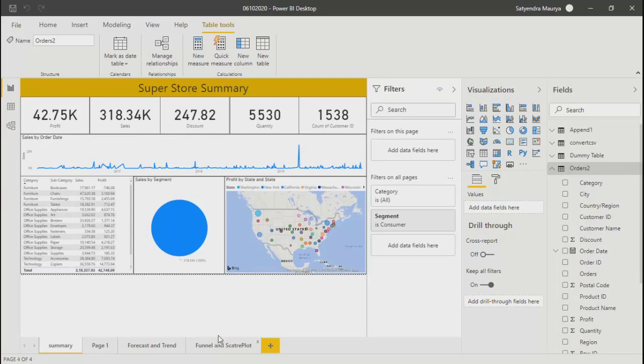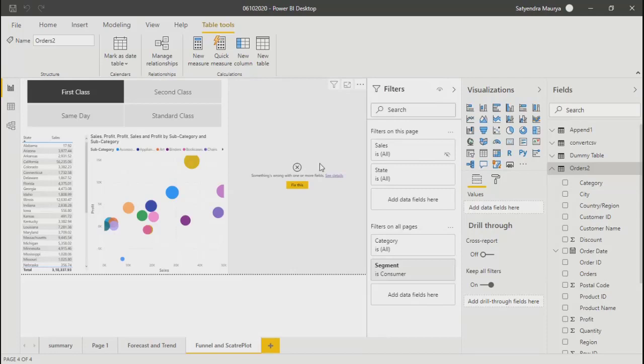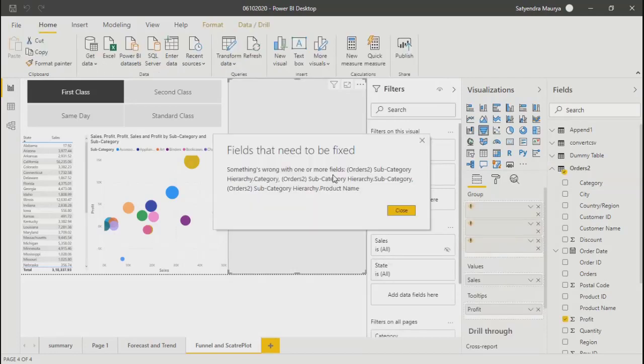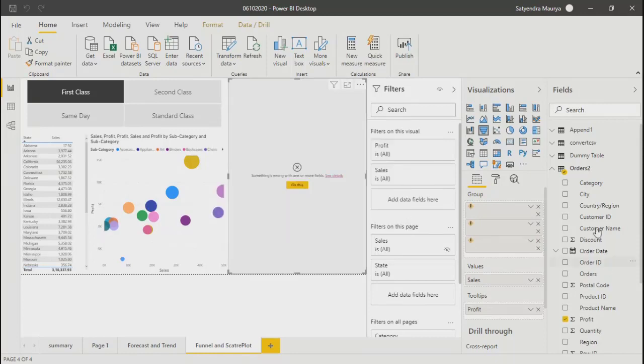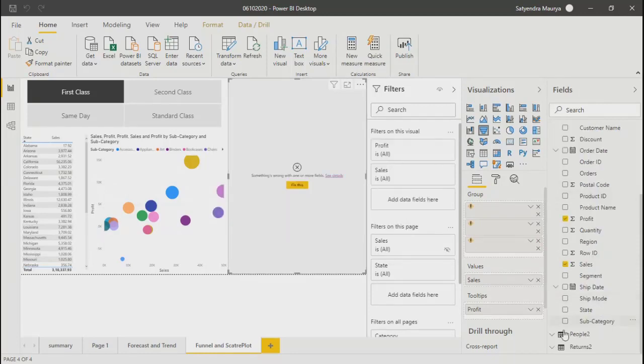Okay. So now I don't know what I should do over here because it is failing. It says something went wrong with one or more fields. Orders, subcategory, hierarchy. Okay, it says hierarchy is not there now. So we had one hierarchy, I believe, that we created. Product hierarchy.